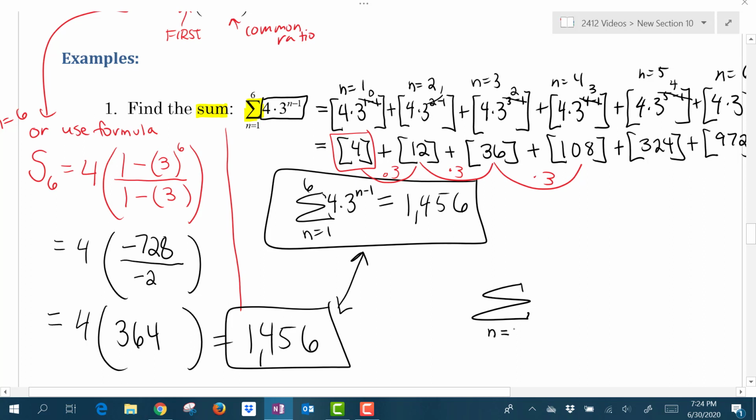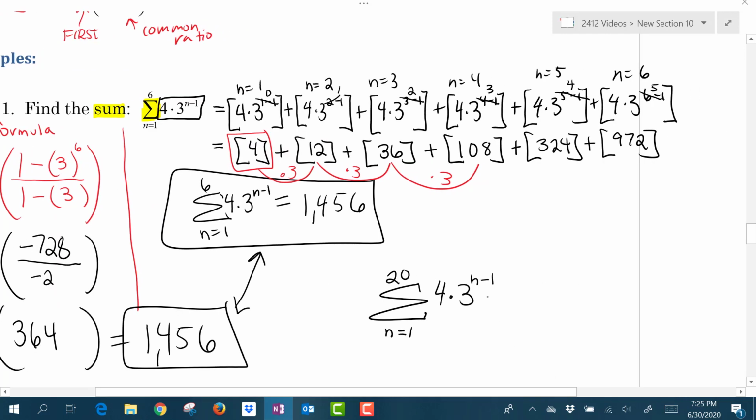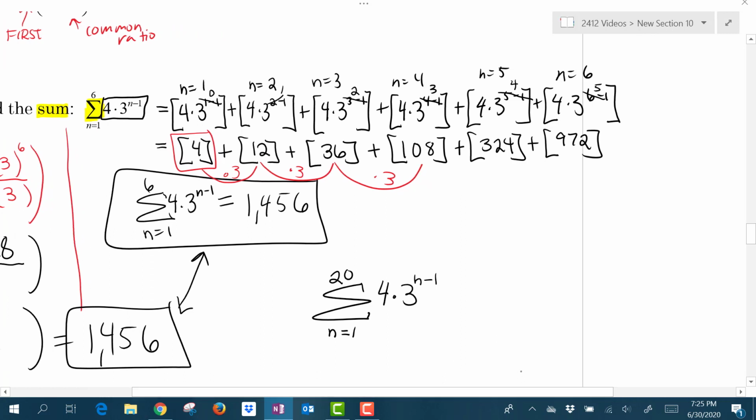So for example, let's say instead of just adding 6 terms of this sequence, we were asked to find, let's say, 20 terms of the sequence. So you may not want to write out all 20 terms and then add all those numbers together. So once you verify that it's a geometric sequence, then you could go up and use that geometric formula. So the sum of the first 20 terms of the sequence would be the first term of the sequence, which is still 4,